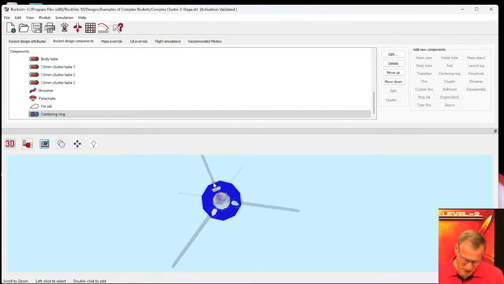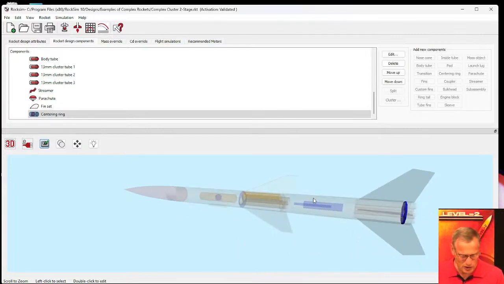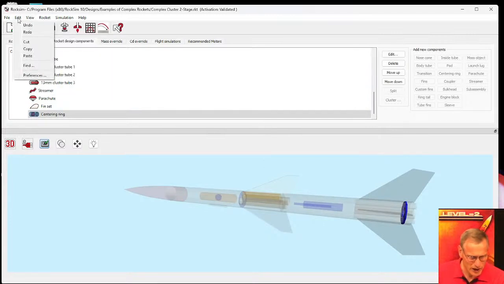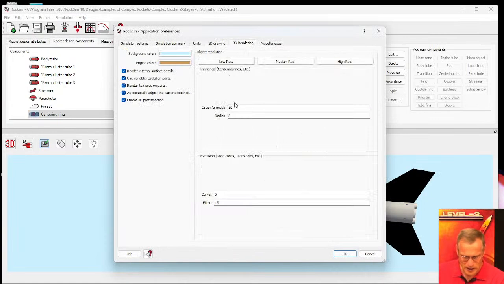You see my centering, how it looks kind of like an octagon? That is because I've got my resolution set pretty low. And to change that so it looks more circular, I think you go to Edit. In Windows, it's Edit, down to Preferences, go to 3D Rendering, and I have it set at a pretty low resolution. So if I click over here, High Resolution, you'll see that these numbers bumped up. And if I click OK,